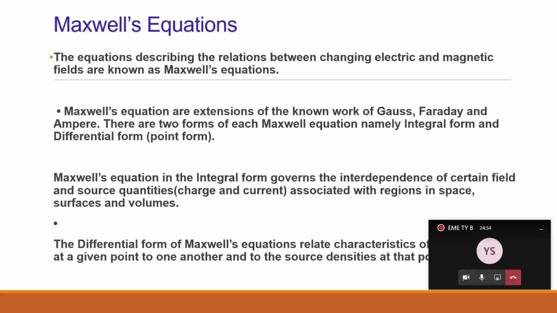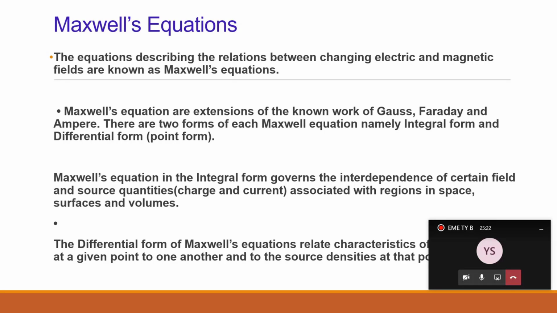So Maxwell's equations are majorly used to indicate these relationships. Then the next point is, Maxwell's equations are an extension of the known work of Gauss law, Faraday's law, and Ampere's law. Already we have seen these laws. Gauss law we have seen. Faraday's law we are going to see again here. Faraday's law is majorly used in the transformer principle, and Ampere's law we have seen in the 3rd chapter. All these laws relate electric field and magnetic field. They state some electricity fundamentals and magnetic field fundamentals. These laws we are going to state in terms of equations.